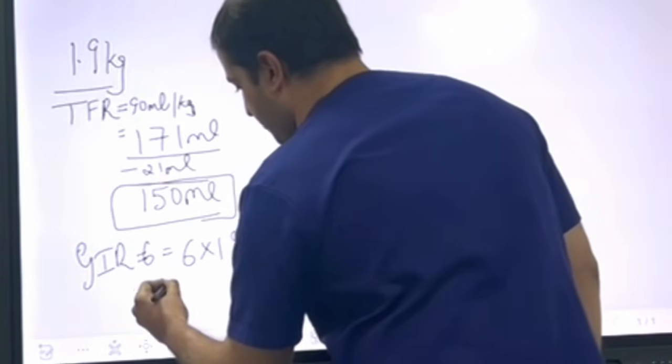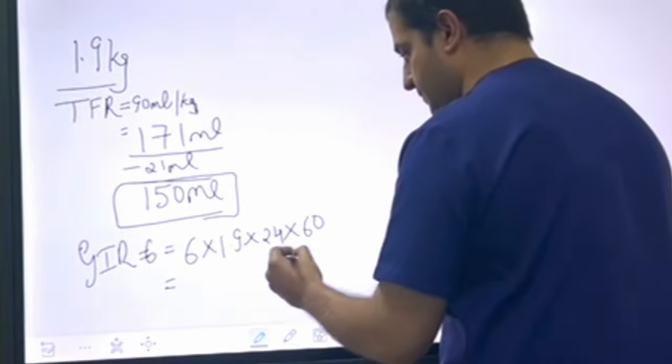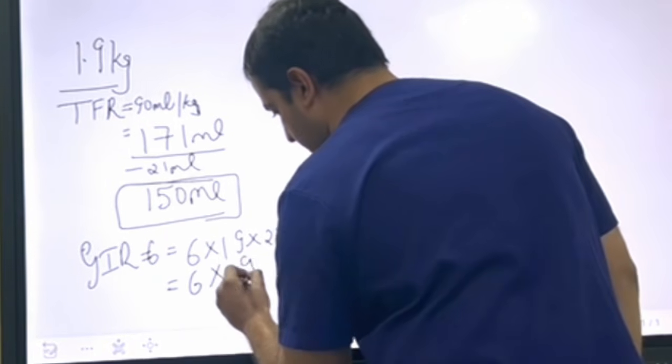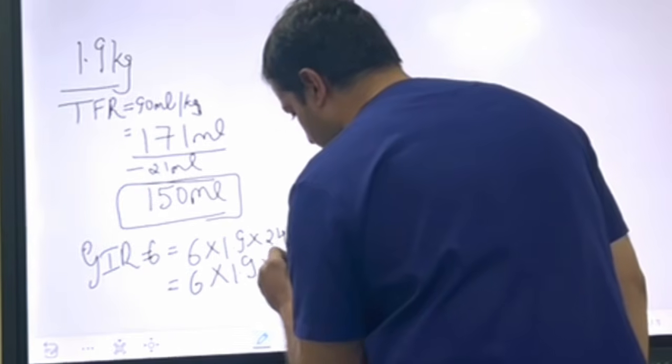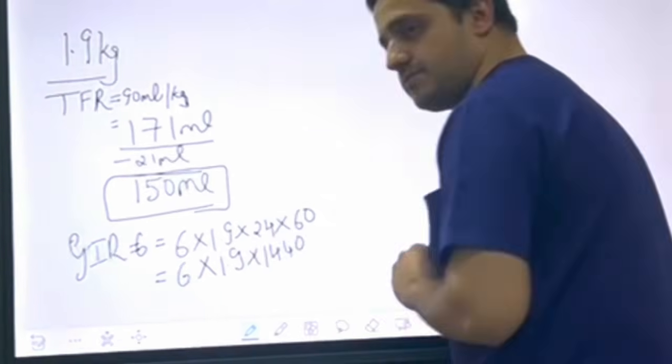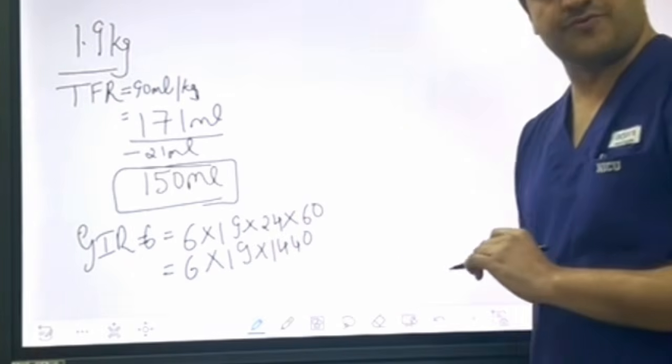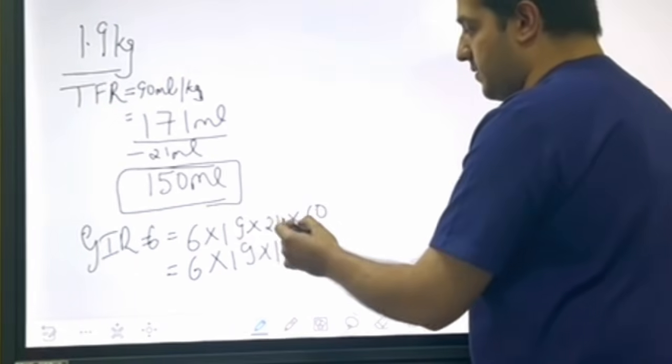So roughly if you calculate 16.41 hours, it will be 6 into 1.9 into 1440, because this 24 and 60 will become 1440. Okay, and that is